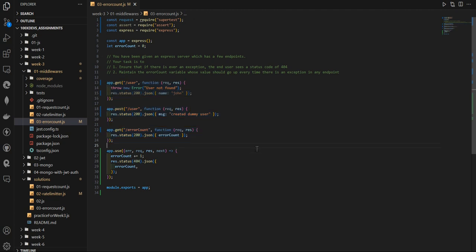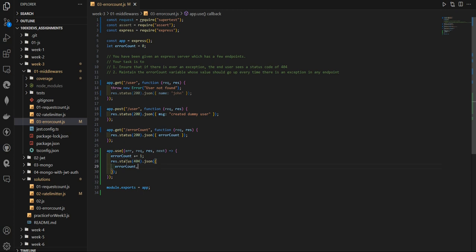The only thing that you need to be concerned about is using this app.use middleware. Fine. This is also called a global catch. This is a sort of middleware, but this is a global catch that we can use to handle any sort of exception that occurs here, here, or here. Fine. So I'm just counting this error count, which is a variable that has initially been initialized to 0,